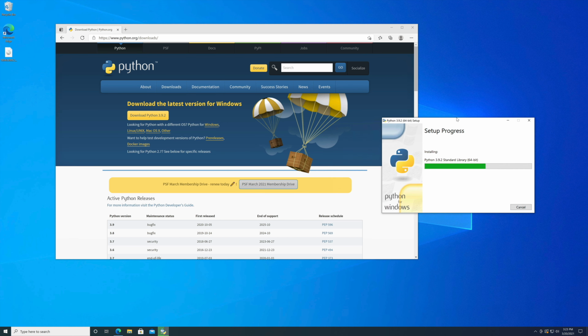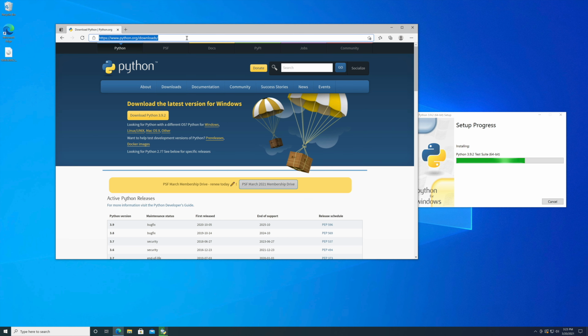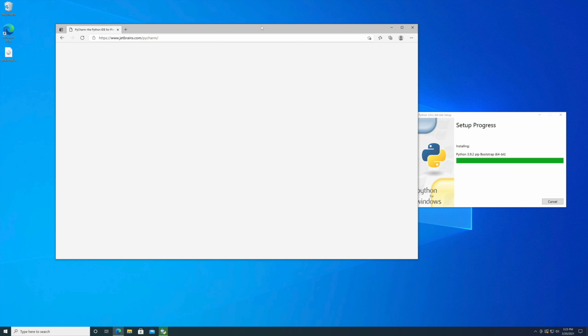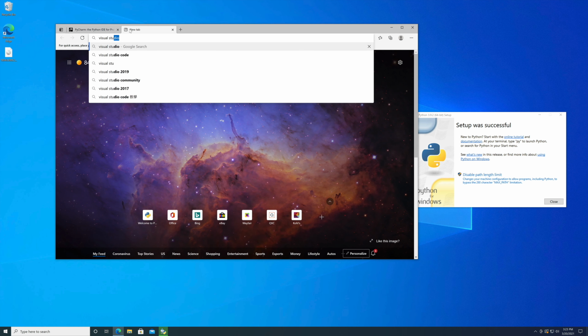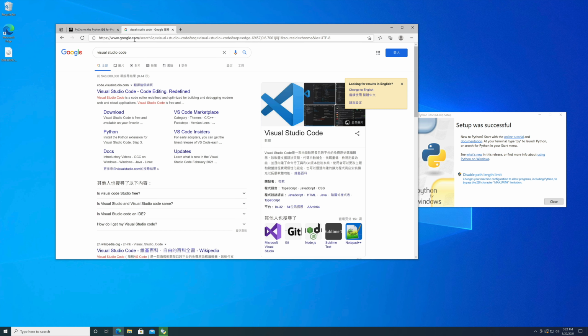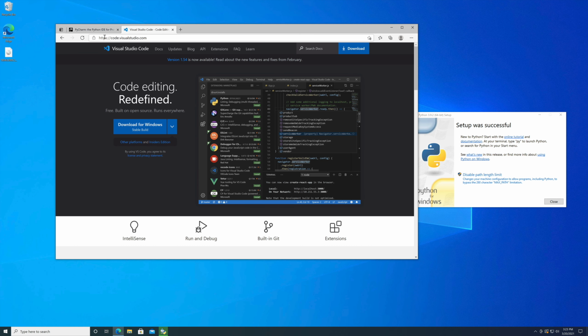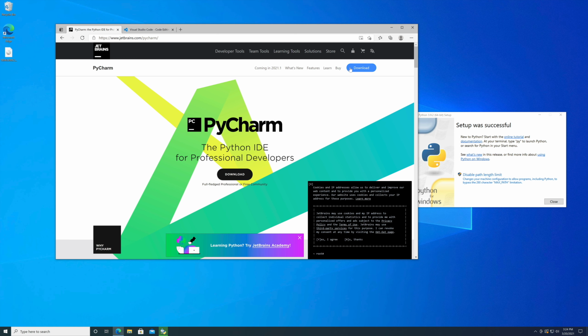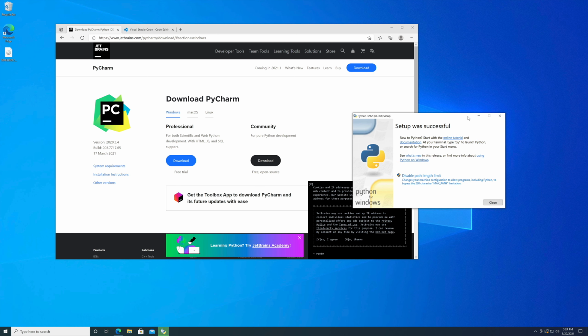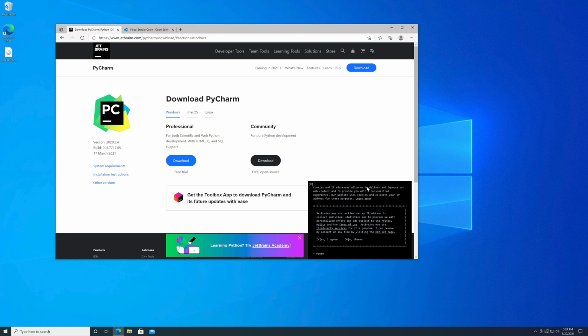While installing Python, you can install another application, the IDE, which is the Integrated Development Environment. We encourage using PyCharm, and another one, Visual Studio Code. These two are very nice. Actually, Visual Studio Code is not an IDE, it's a code editor, but it's also very good. So we can first download PyCharm, its community version.